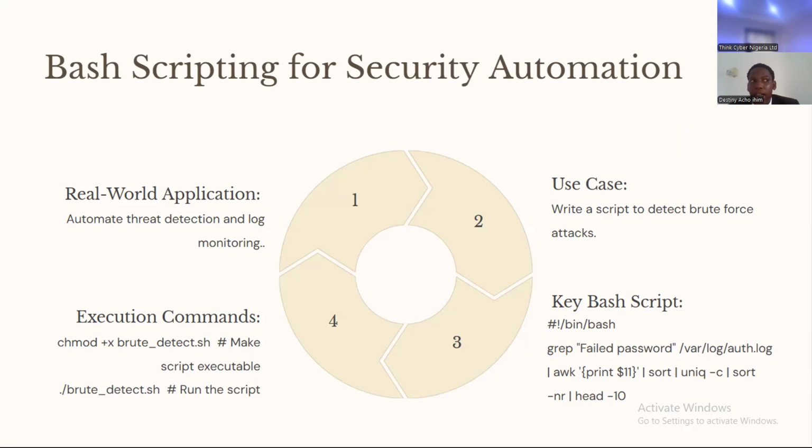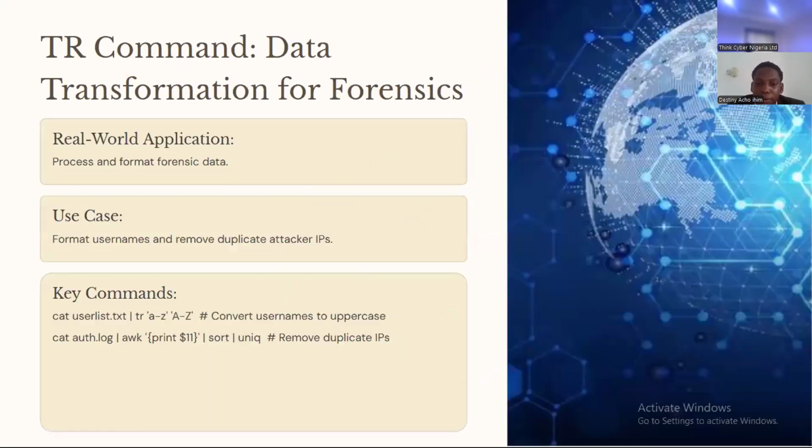create multiple versions of something. So if you want something to appear once or twice or 3 times or 10 times or multiple times, the TR command and data transformation for forensics. TR is a very useful command that stands for